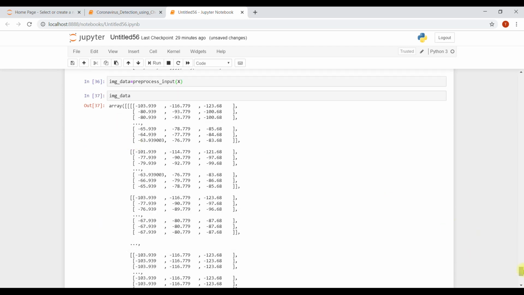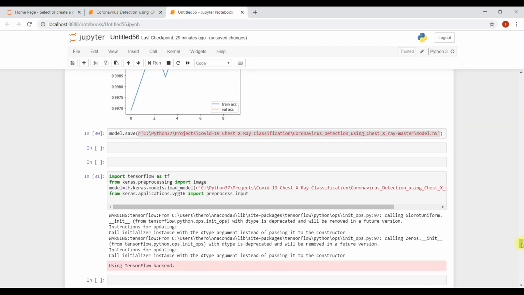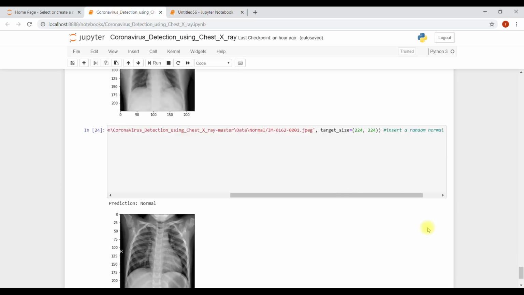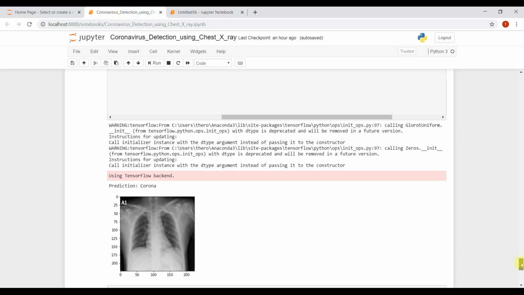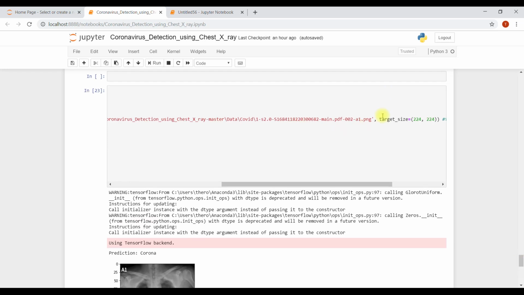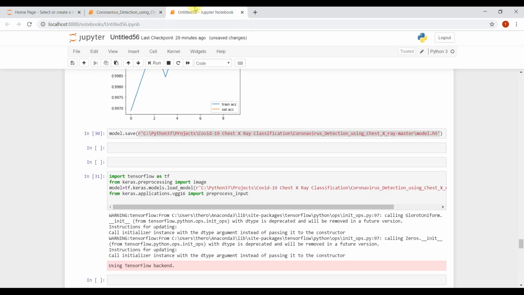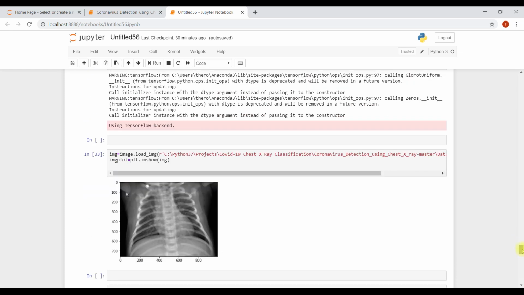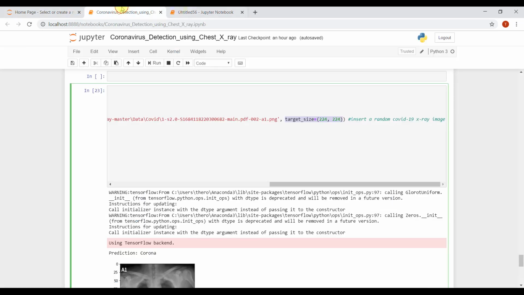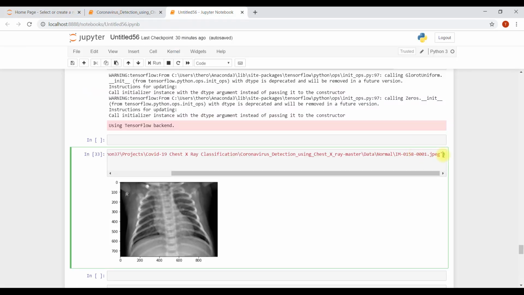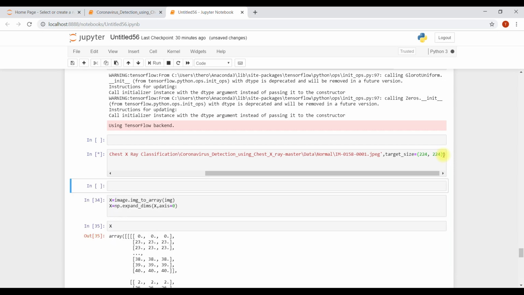One thing I forgot is resizing this image. I really forgot to resize it. This target size, so let me copy it, because we trained it for 224 by 224, so we have to convert it into this target size also.